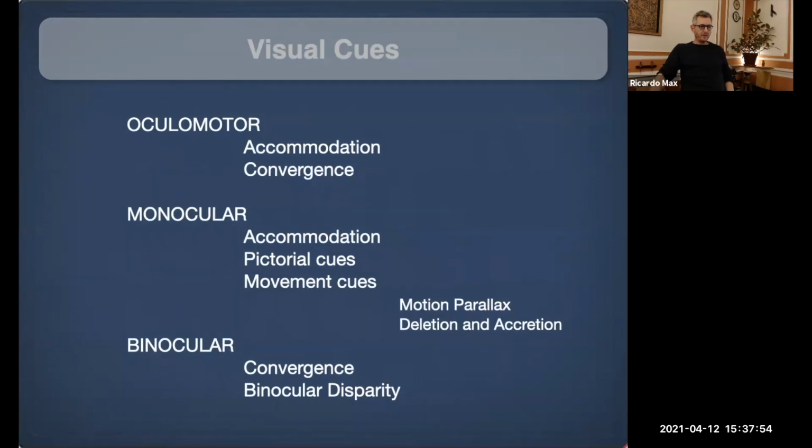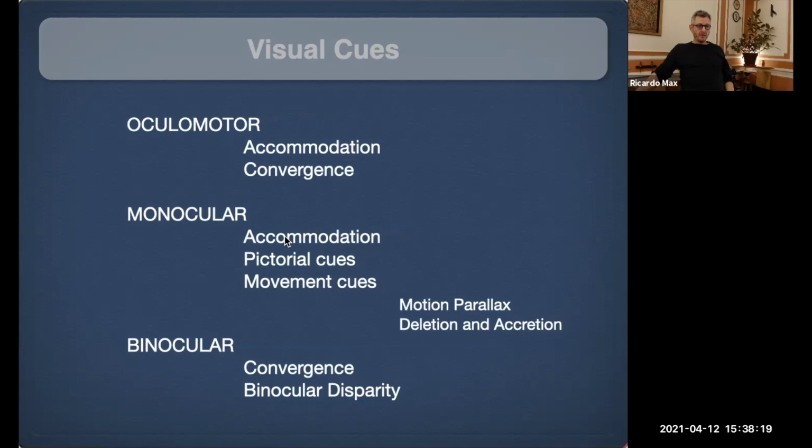These are more or less everything. We'll begin with oculomotor. Here there is a mistake. Instead of accommodation, it should be oculomotor. I'll fix it later. And then we have pictorial cues and movement cues.